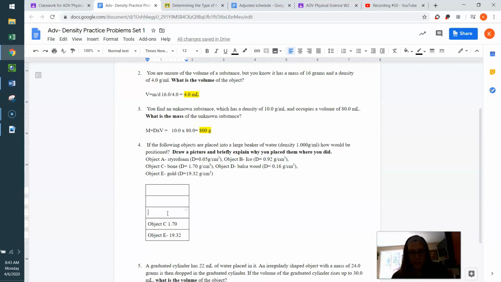And the next one would be object B, which I believe is ice, slightly less dense than regular water. Object B is going to start to be floating more readily. Object B had a density of 0.92 grams per milliliter, followed by object D,